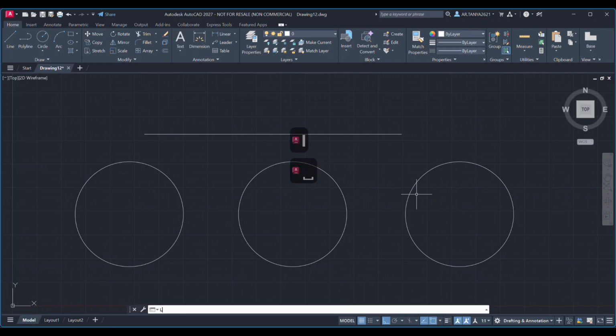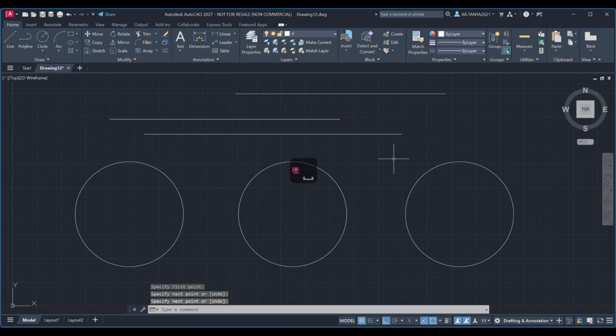If I want to use my last active command without entering any keyboard shortcut in the command line, how can I do that? We can do that by pressing enter or spacebar because when no command is active, these two will be very useful for us rather than writing the command again on the command line.